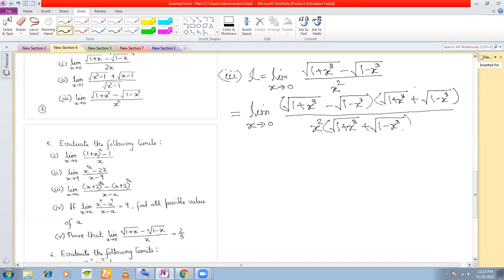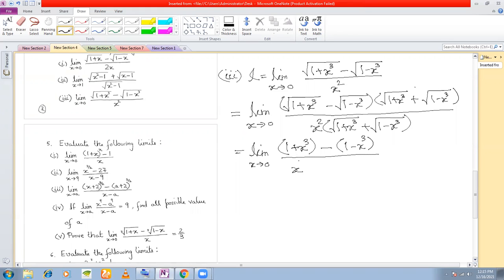Okay, now numerator is of the form a plus b into a minus b. So I'm skipping one step and I'm writing this directly. So you'll get a 1 plus x cube. You're actually getting root 1 plus x cube whole square, right? Which is nothing but 1 plus x cube minus, and you're getting here b square, which is root 1 minus x cube whole square, which is 1 minus x cube